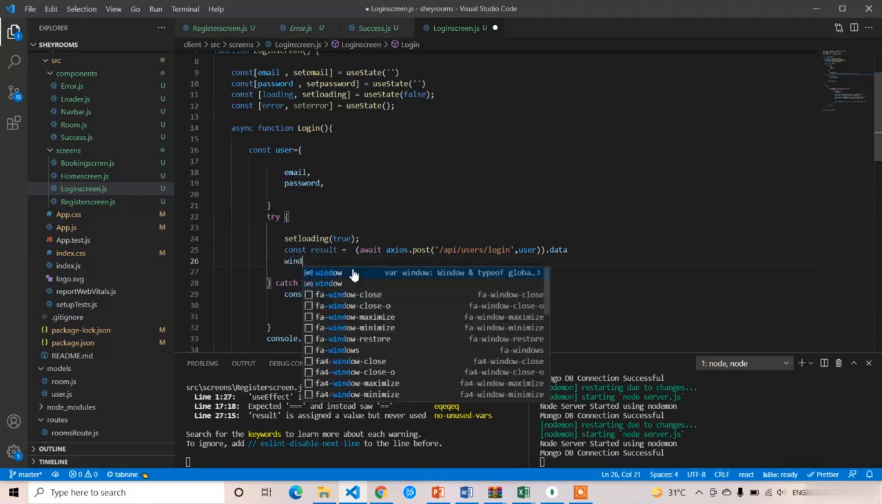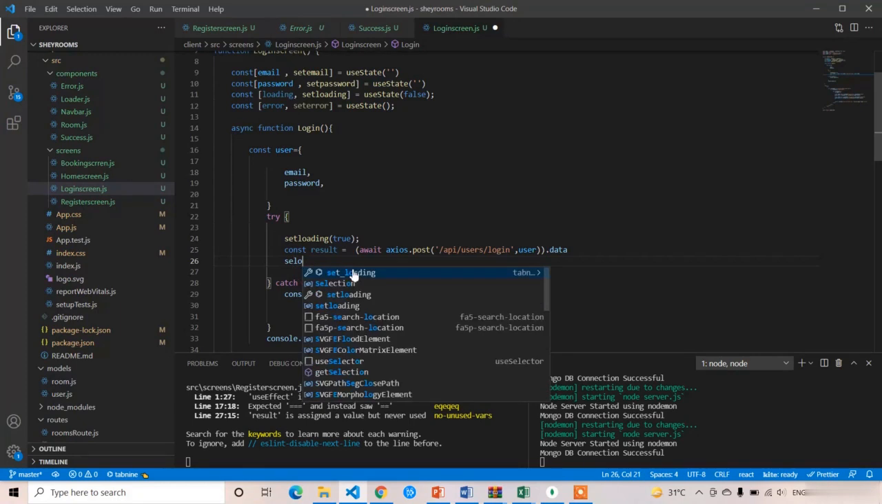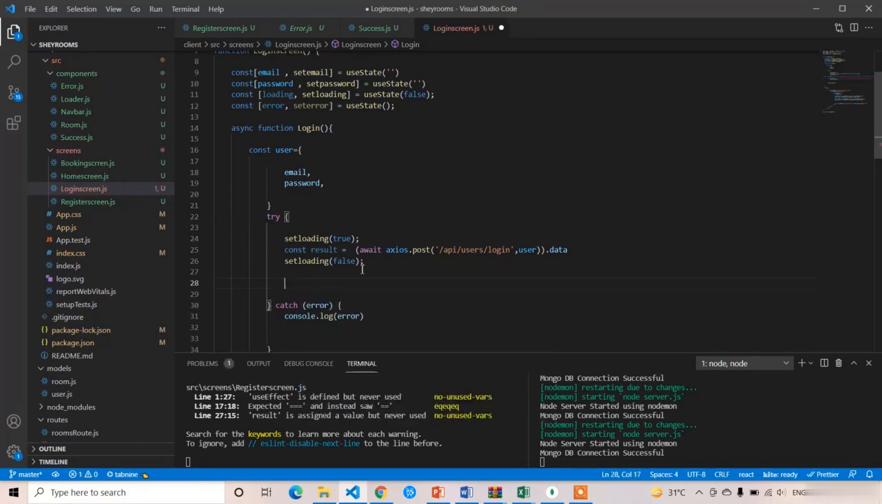So I will write first I will set loading is equal to false, and I will navigate the user into the home screen. So before navigating into the home screen, we have to store the user in the local storage, because with the help of local storage only we can access the user anywhere in the application. So I will write local storage